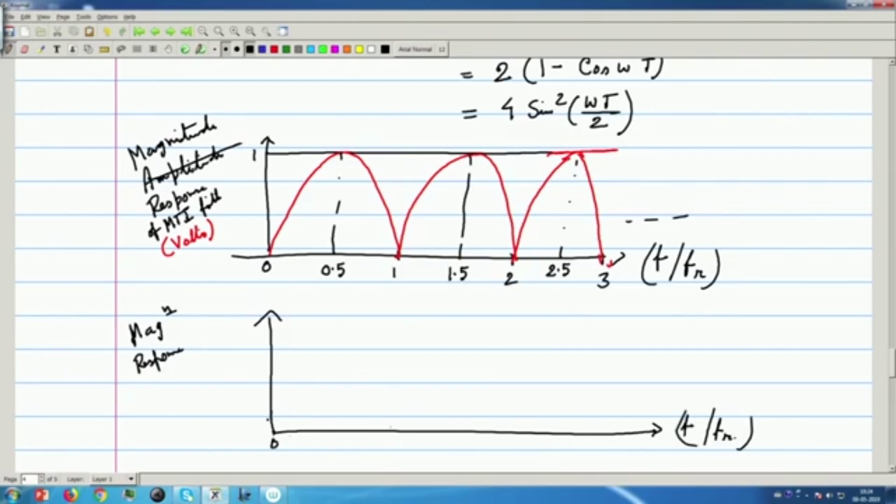So, this is 0, 1, 2, 3, and we know that this value will be 0. So, this is typically given in dB, 0 dB, and the graph